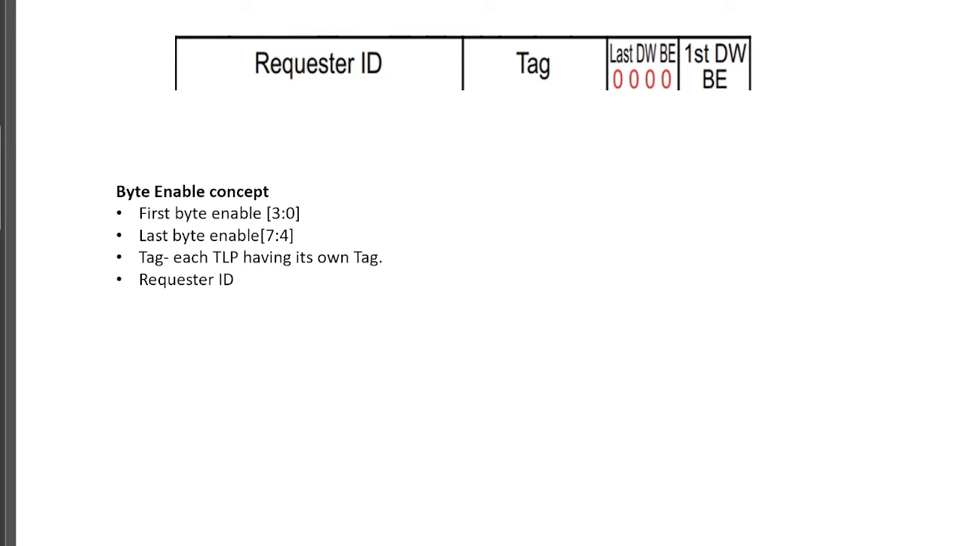Hi all. Let's start with the next video of transaction layer in PCIe. As we discussed in the last video, transaction layer header types. In header types, as I told you, there are two types: three double words and four double words. In that three or four double words, the first double word will be the